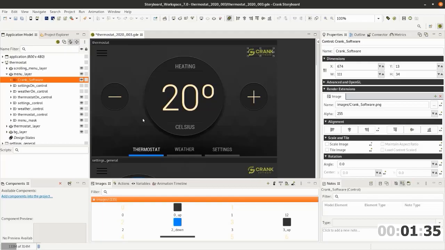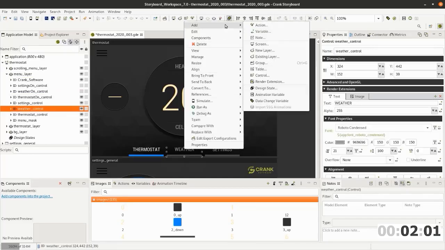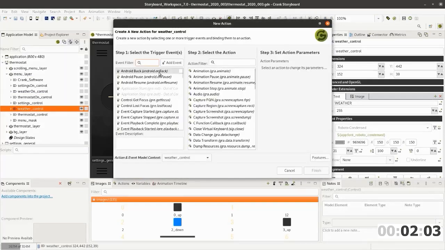But what most people want to do is, once they've got some content in place, they actually want to create some behaviors. So in this case, we've got a few different screens where it'd be very easy to set up some navigation. So if you wanted to click these buttons along the bottom, select weather there, right click, add an action. We can go ahead and say touch,